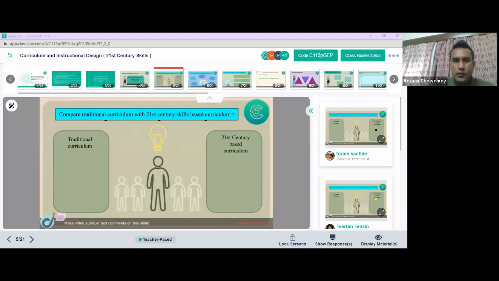So we can see how things changed from a traditional to a 21st century skills-based curriculum. This kind of strategy we can apply in our classroom, where students get the opportunity to compare things. For example, if you're teaching about a living and non-living unit in, maybe, How the World Works, or Sharing the Planet,